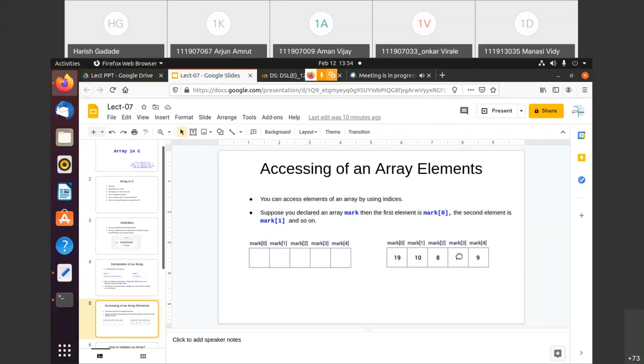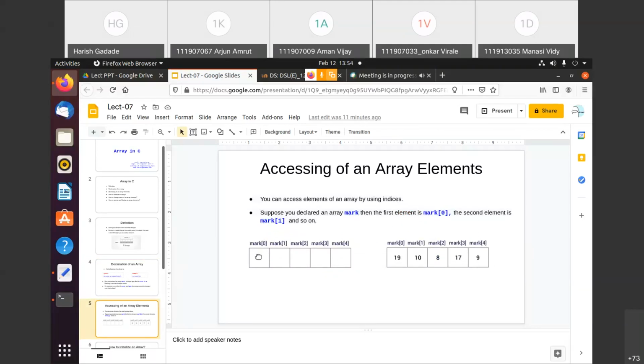These are the two block diagrams, and these are the memory locations. Before storing the values into these memory blocks, this is the diagram, and after storing the values, this one is there. Now, how do I access any block from that memory or from that array?